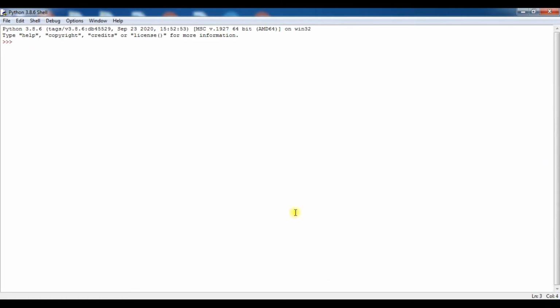First of all, you open the Python window. This is my Python IDLE, that means Integrated Development and Learning Environment. Now click on file and click on the new file option. This is our script mode. Now suppose I am going to write a program to find the average of three numbers.